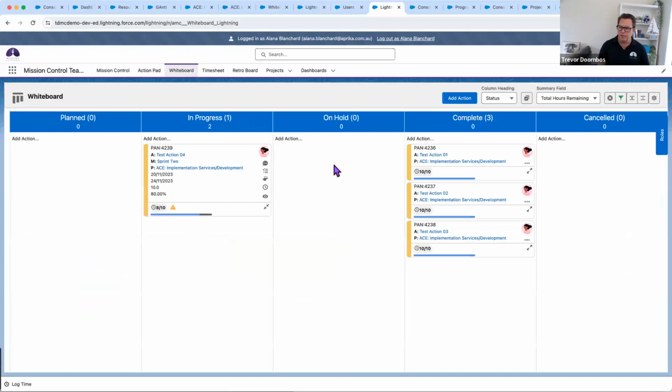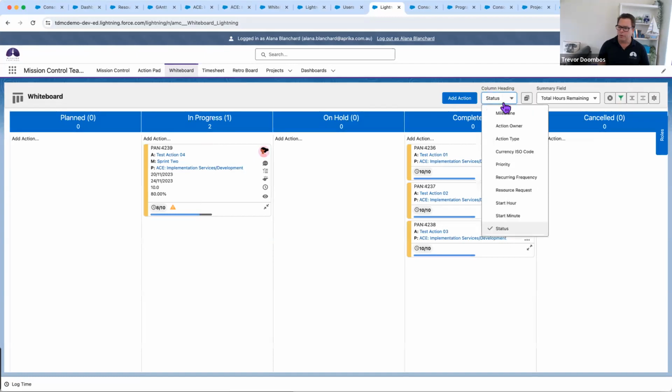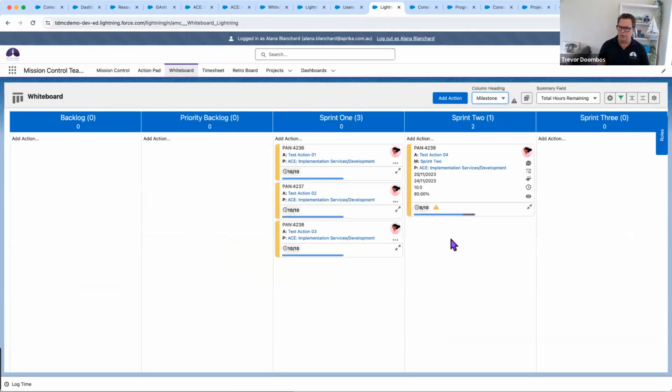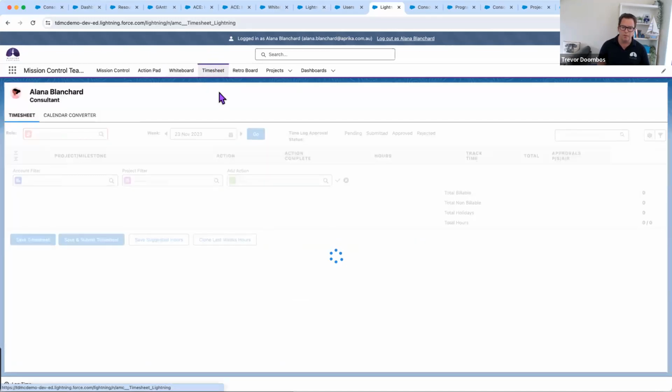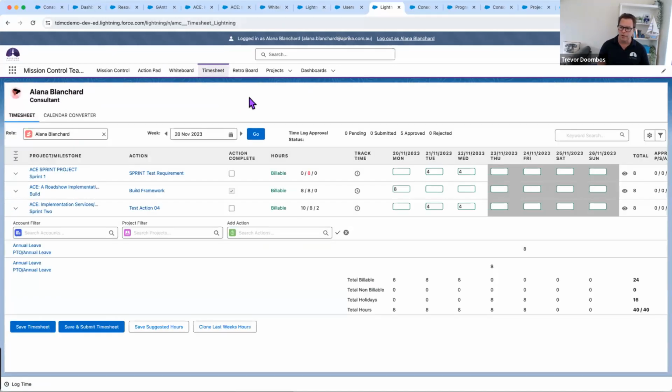So similarly there, as we said before, we're looking at our specific project that she's working on, and we can swap that into a milestone view. So she's got a good perspective of things that she needs to do, things she needs to complete. And she can also do her timesheet standalone. Maybe she doesn't log that time as she goes, and she wants to see what's happening. So she can see all her